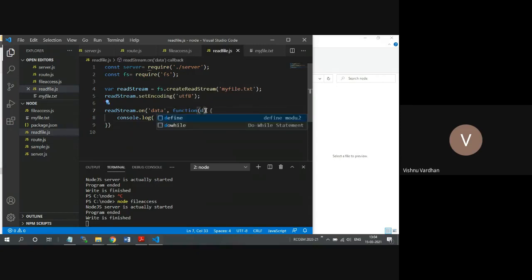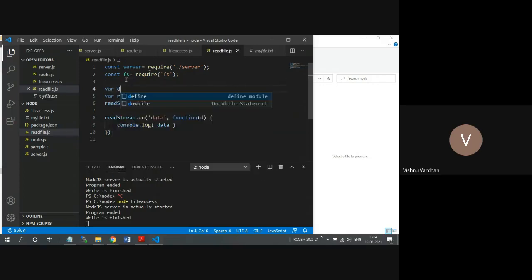Otherwise, here you can take d and here data, and before that I am going to declare data equal to